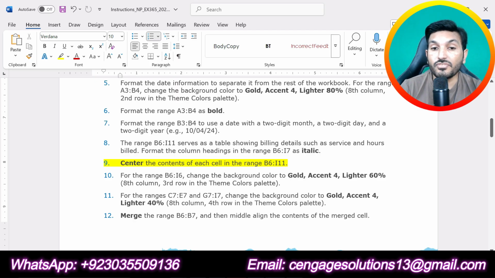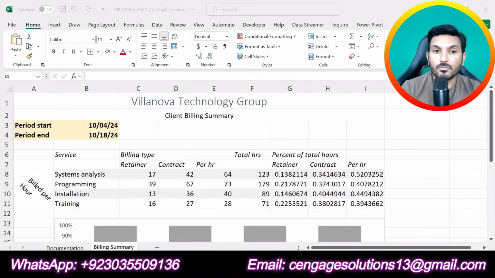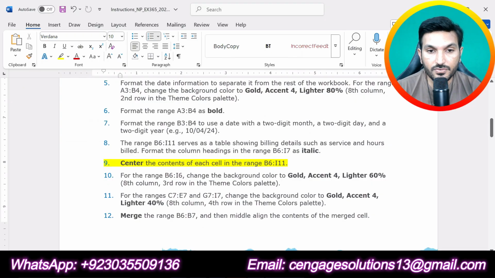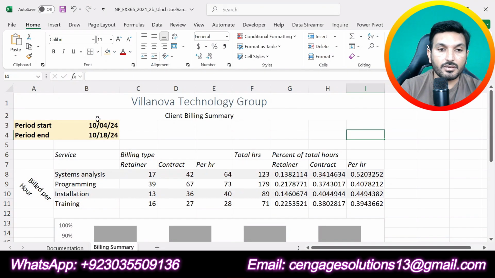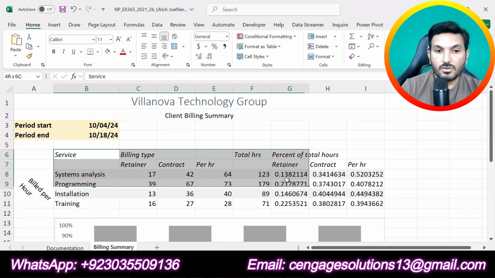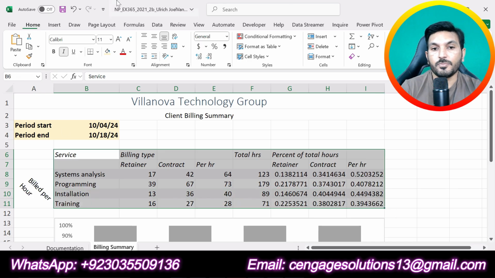Center the content of each cell in the range B6 up to I11. Okay, now we are supposed to center the content of each cell in B6 up to I11.